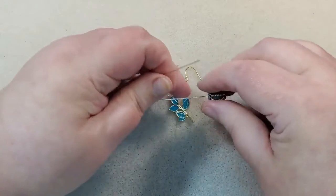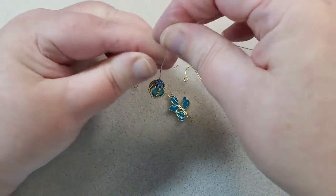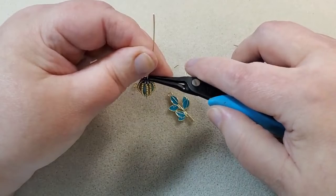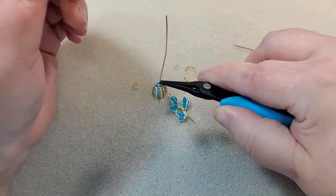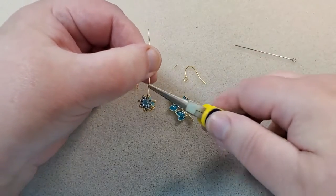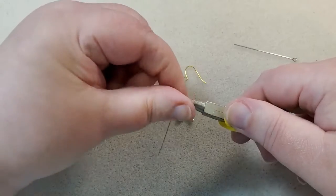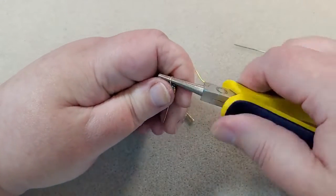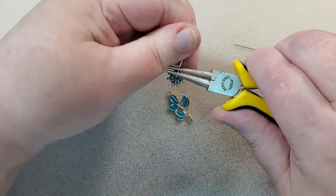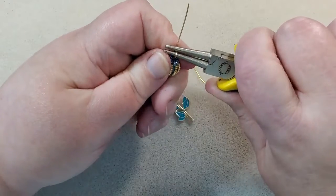Now I'm going to take my covered bead and put it on here. I'm going to take my pliers, go to the very tip of the pliers, bend over at a 90-degree angle, take my round nose pliers and put them in the crook of the bend, bend the wire back till it hits the bead, rotate the pliers till they're facing the table, take this part under until it hits the bottom of the pliers, cock the wire back until the loop is centered over the bead,